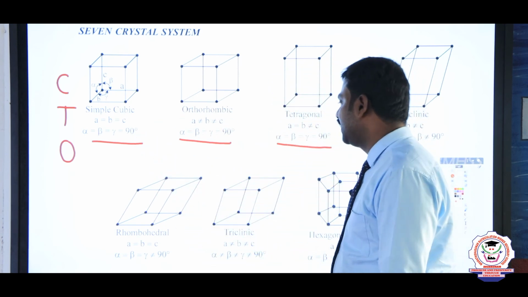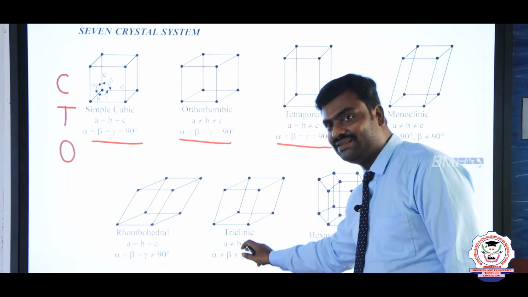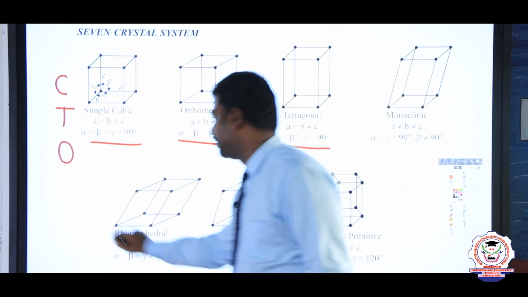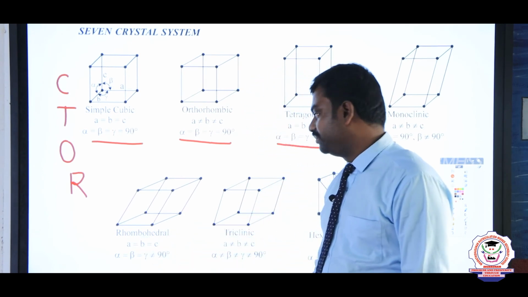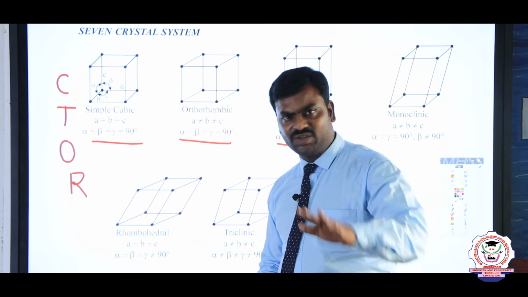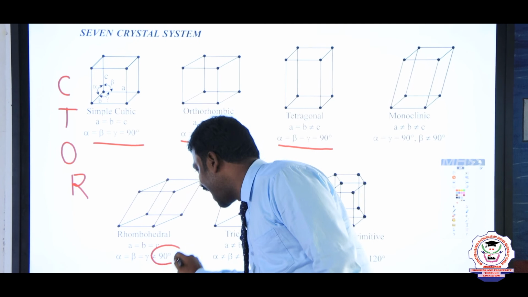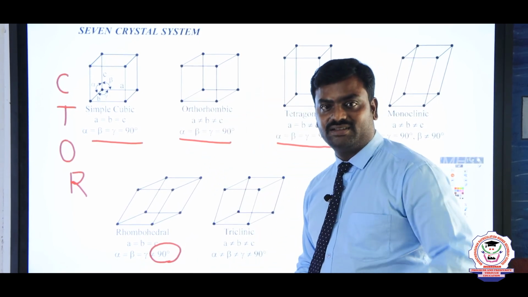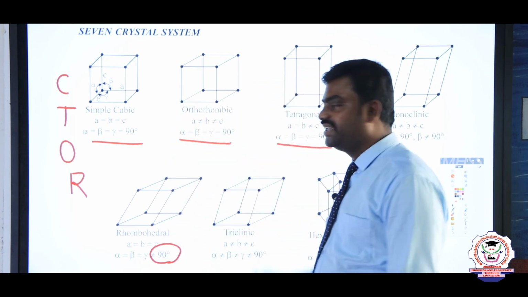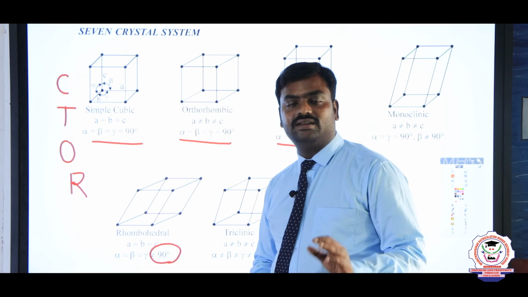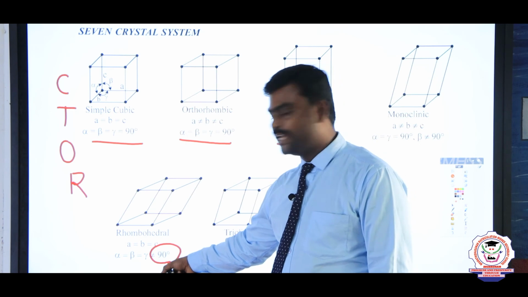Next we are going to see hexagonal, rhombohedral, monoclinic, and then triclinic. First we see rhombohedral. In rhombohedral, A is equal to B is equal to C, and alpha, beta, gamma are also equal, but the angle is not equal to 90 degrees. So there is a disorder happening here in the angle, not in the edges. Previously all the 3 categories showed disorder in edges only, not in the angle. For the first time, rhombohedral shows disorder in the angle.